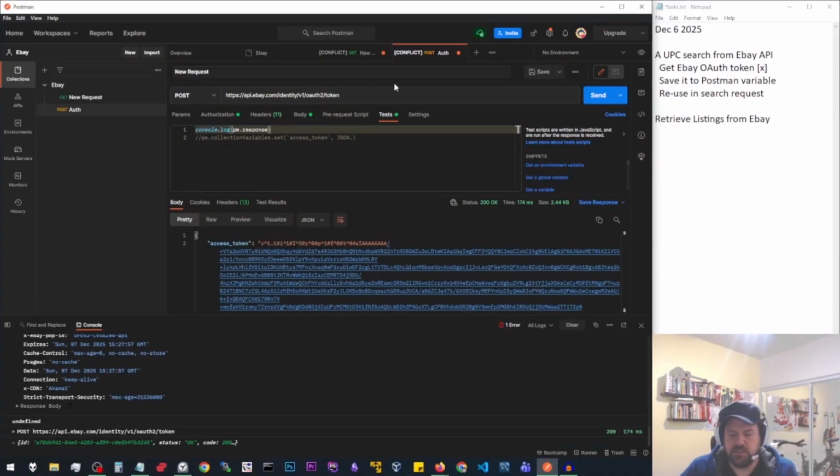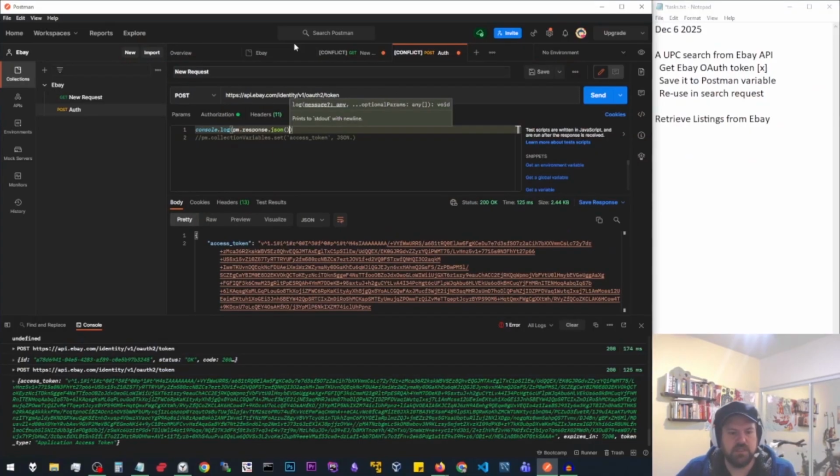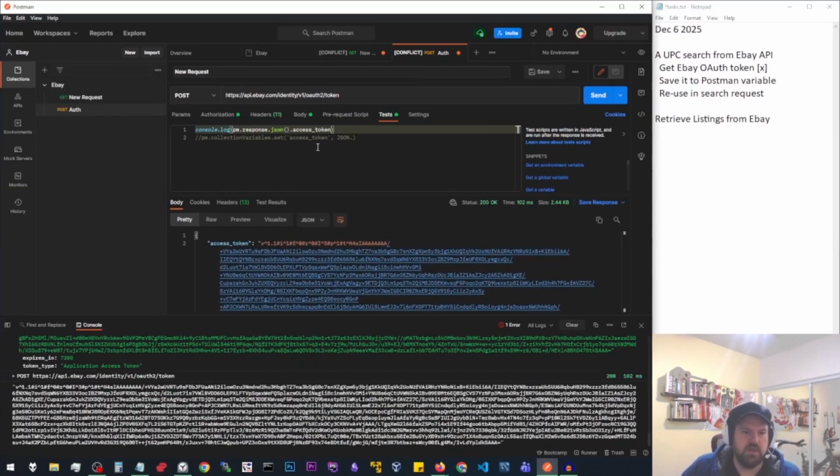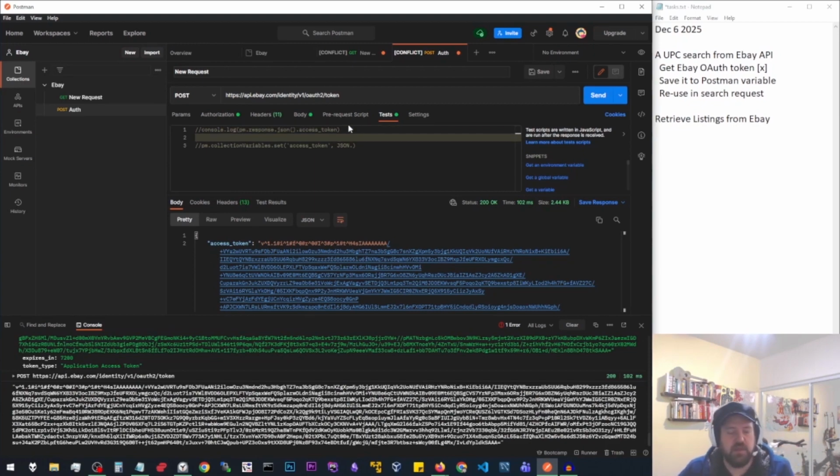We want it in just a JSON format. I vaguely remember this. There we go. Now we're seeing it. So you have your access token here. What we want to do is, let's break it down even further and just get the access token. There we go. So now we have this nice little variable. I like to keep my console logs commented out so I can just uncomment them later if I need them again. But really, we want to do this: